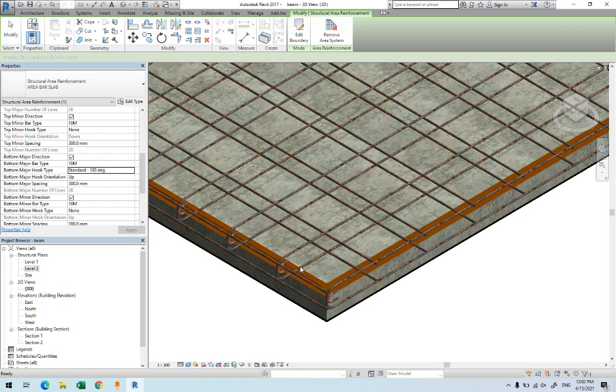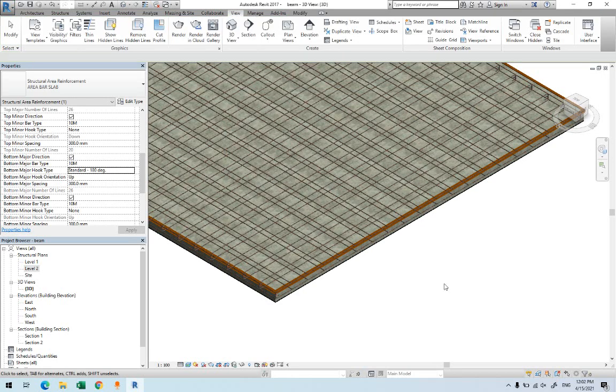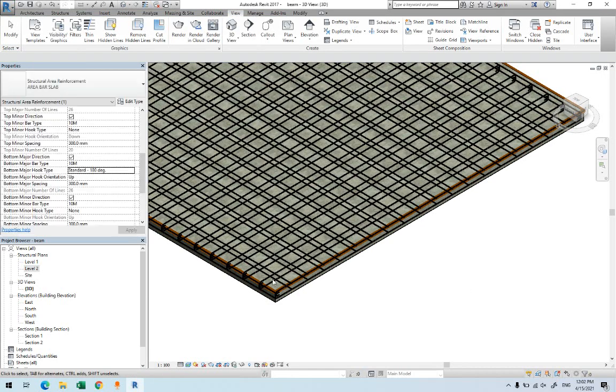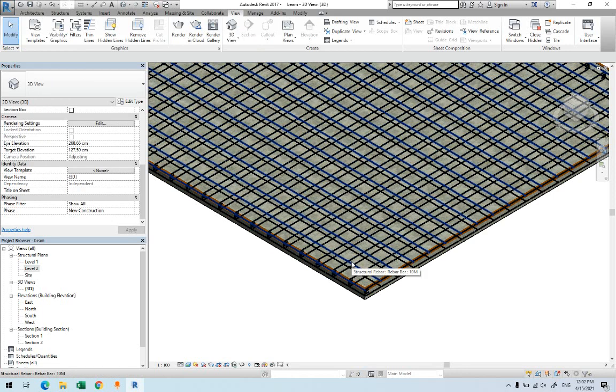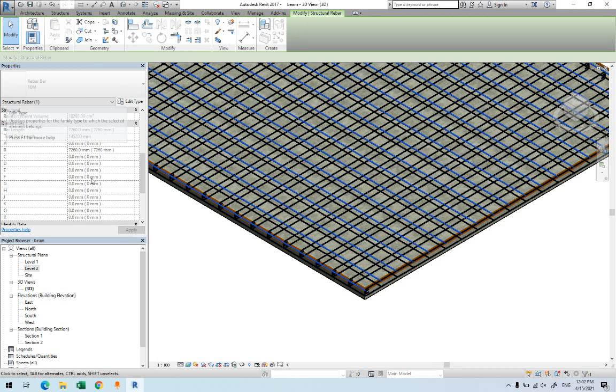will be seen in this manner in the slab. It goes back inside. If let's say that you still don't like this 180 degree and you still want to manage the hook size, selecting this one, it will select the bar, yes, but if you change it, nothing is going to change. It's kind of locked. So how would you be able to change this freely when using area? Well, in order to